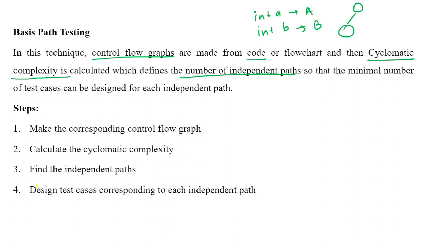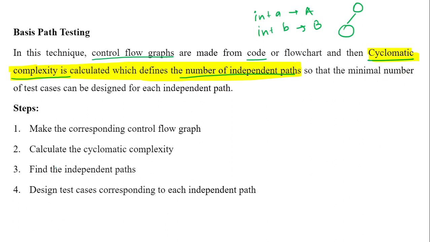पता है साइक्लोमैटिक कॉम्प्लेक्सिटी क्या है? एवरीबडी नोज कि व्हाट इज साइक्लोमैटिक कॉम्प्लेक्सिटी, हाउ डू वी कैलकुलेट साइक्लोमैटिक कॉम्प्लेक्सिटी, बट नोबडी क्वेश्चंस व्हाई साइक्लोमैटिक कॉम्प्लेक्सिटी. तो साइक्लोमैटिक कॉम्प्लेक्सिटी आपकी ये चीज है ना, और भी जब आप इंटरव्यू ले जाओगे तब भी आपको हेल्प करेंगी. ठीक है. सो व्हाई साइक्लोमैटिक कॉम्प्लेक्सिटी? बिकॉज साइक्लोमैटिक कॉम्प्लेक्सिटी हेल्प्स अस टू कैलकुलेट द नंबर ऑफ इंडिपेंडेंट पाथ so that minimal number of test cases can be designed for each independent path.